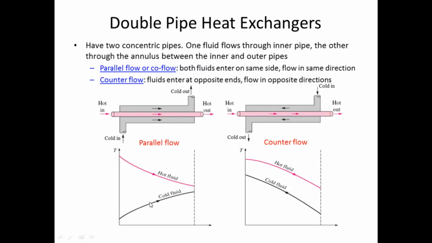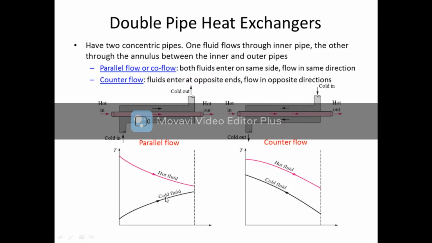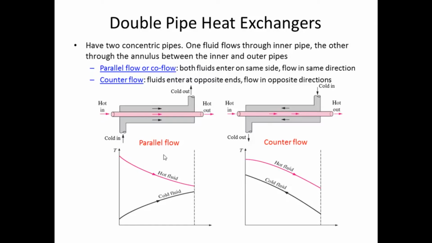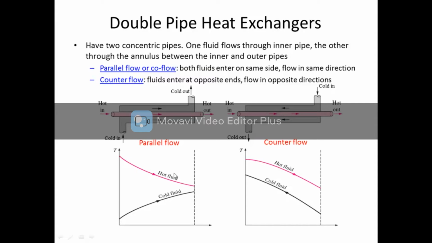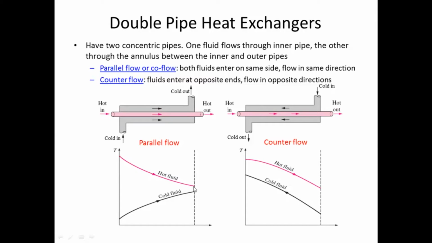An interesting feature here is that the temperature of the cold fluid cannot exceed that of the hot fluid at any point in the heat exchanger. This is because it is precluded by the second law of thermodynamics, specifically the Clausius statement, which tells us that heat cannot flow from a cold fluid to a hot fluid without any external interference. If the cold fluid line has to cross the hot fluid, it means that there has to be some heat exchange from the cold to the hot side, which is not possible. The best that can be achieved in a heat exchanger is that both the fluids can come out at the same temperature.